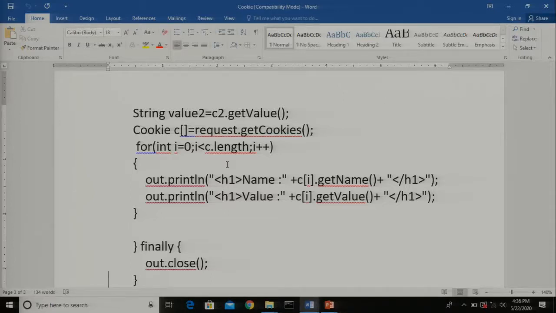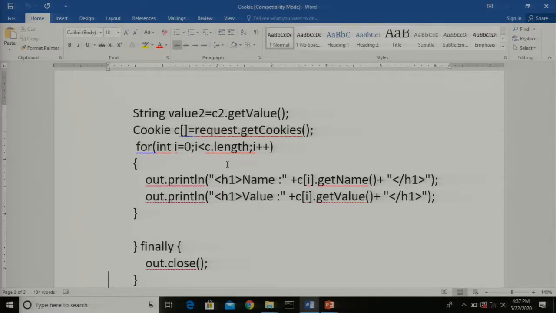So Cookie is the array that we have created to access all the values. So request.getCookies, this getCookies method will be used to access all the values from that particular array. It starts from 0 until c.length, meaning it accesses all the elements from that array.